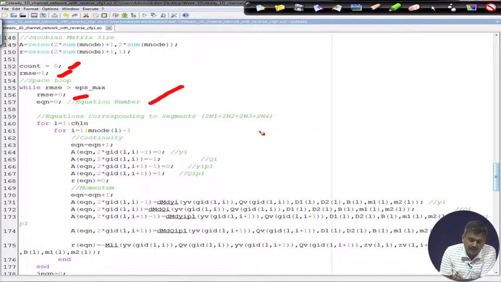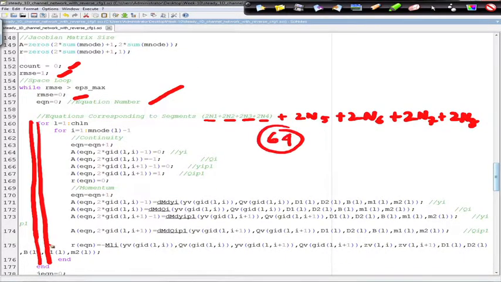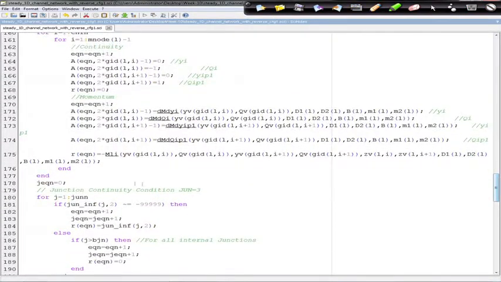For each channel reach, because we have 2N1, 2N2, 2N3, 2N4 plus 2N5 plus 2N6 plus 2N7 plus 2N8, after generating these many equations, 64 equations,